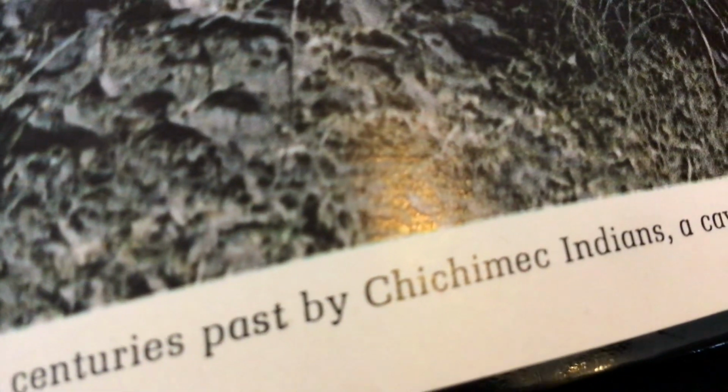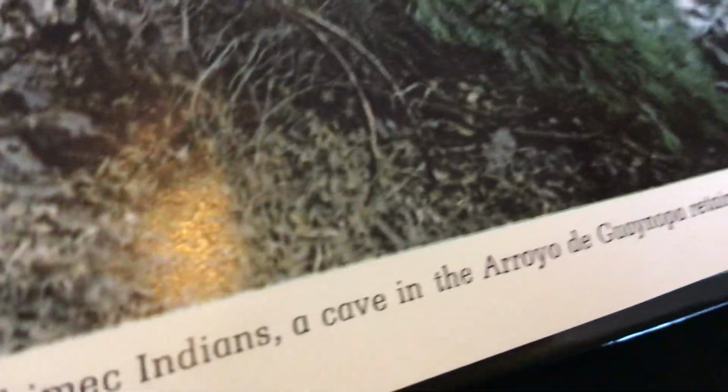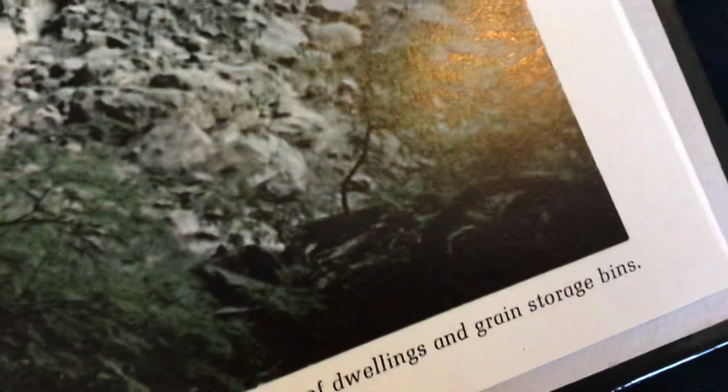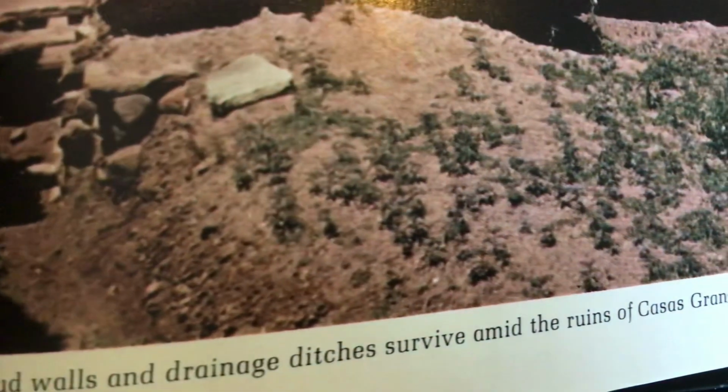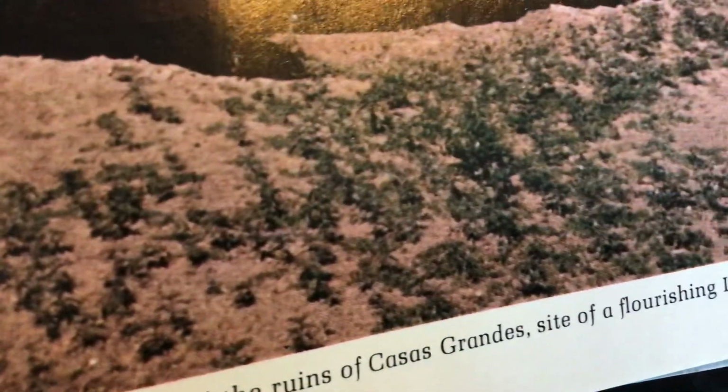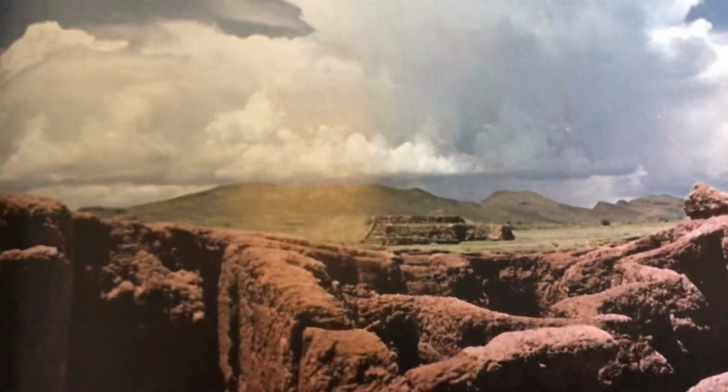Centuries past, Chimanic Indians, a cave in the Arroyo de Gallanopa retains traces of dwellings and grain storage in bins. Remnants of sand walls and drainage ditches survive amid the ruins of Casas Grandes, site of a flourishing Indian city nearby 1,000 years ago. Near the ruins,